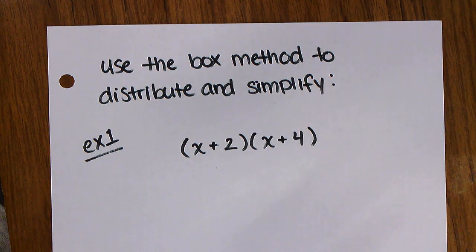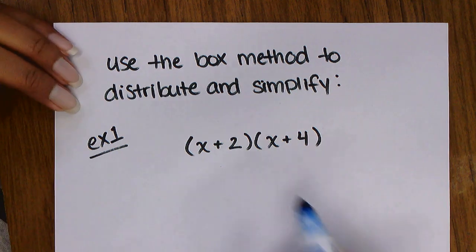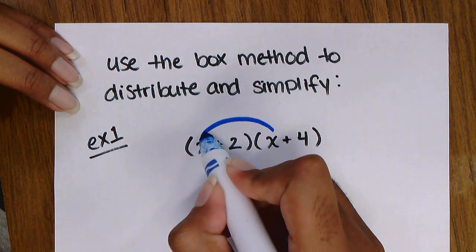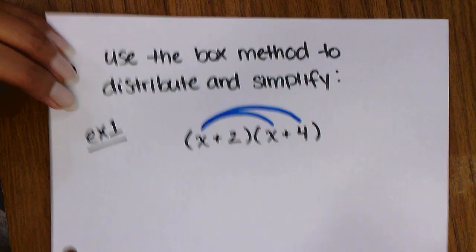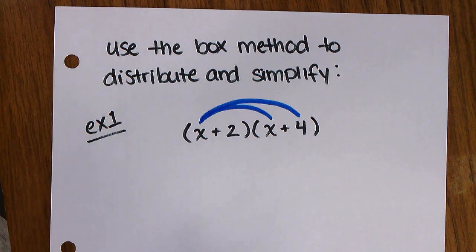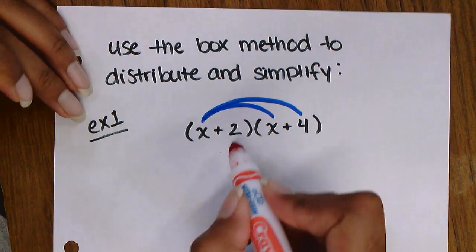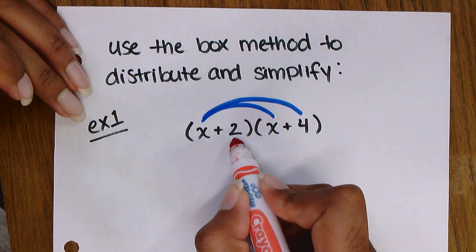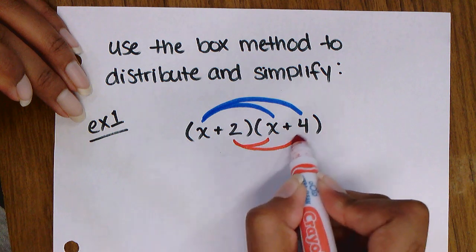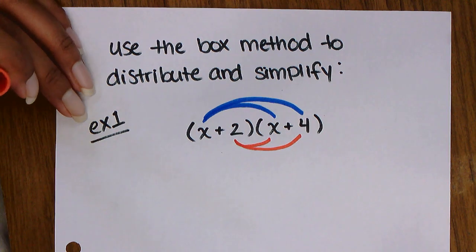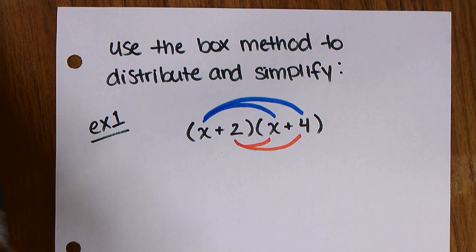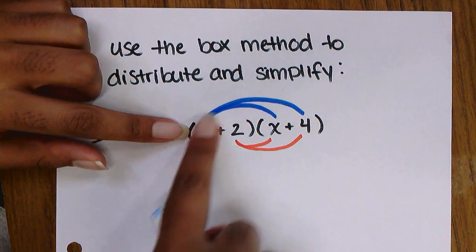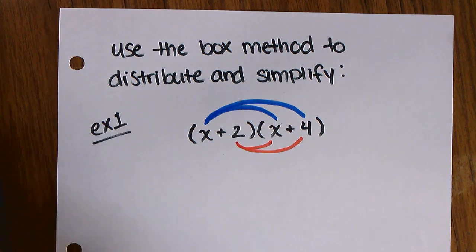I'm going to show you the box method, but first I'm going to just show you the way that we learned before, which was just using the distributive property. Just taking the first thing on the inside of the first binomial and multiplying it by everything in the second binomial, and then taking the second term of the first binomial and multiplying it by everything in the second binomial. Okay, so if we were to do that, we would have x times x, which is x squared,